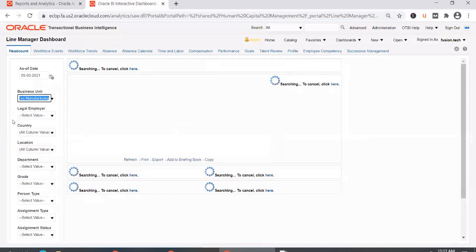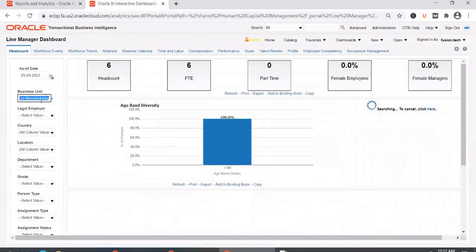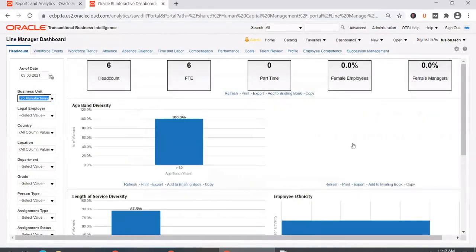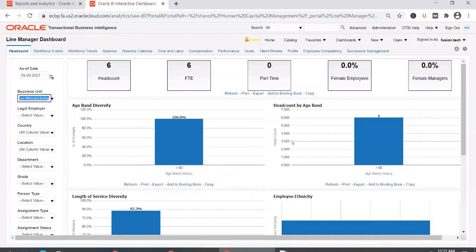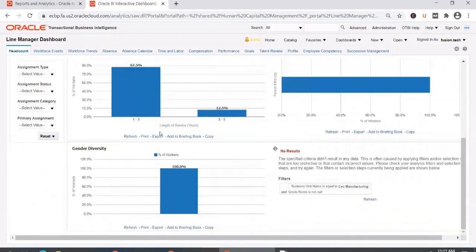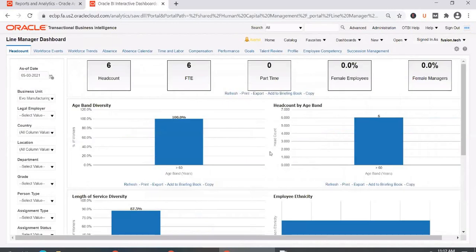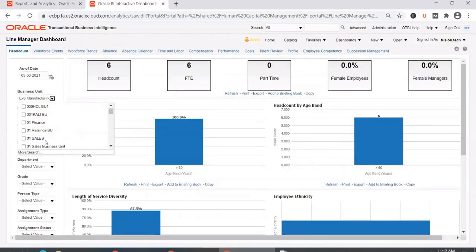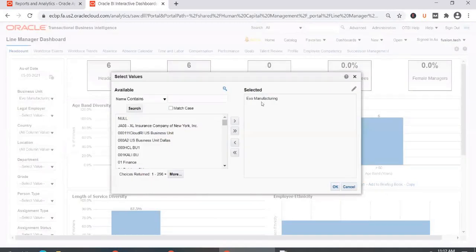You will notice that the moment you change the dashboard parameters, the reports get executed again, and you will be able to see the information. I believe for one of them we have more data, and the reports also make sense.